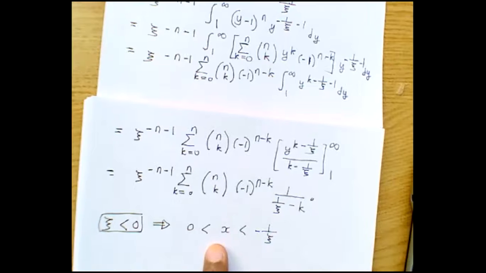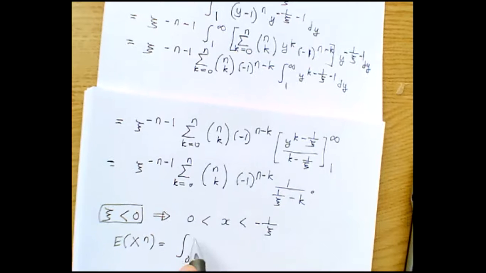This is in the video I showed you earlier on the GP, right? Okay, so in this case, the expectation of x to the power n will be the integral from 0 to